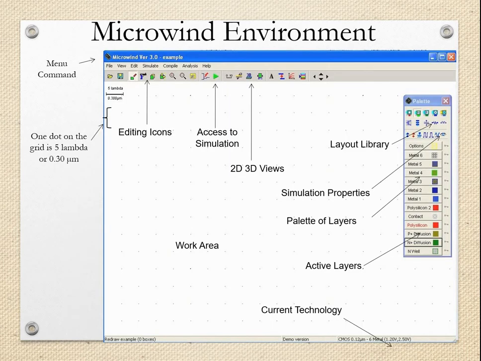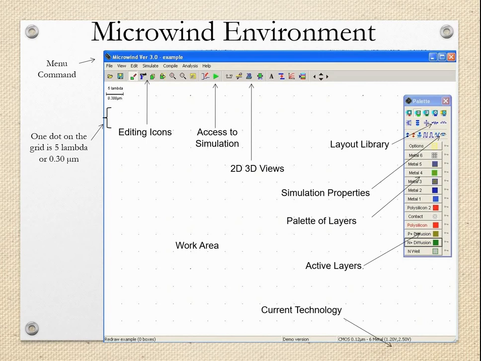So using these backend tools, how to prepare the layouts, that we are going to study in this particular lecture. Some of your lab experiments are also based on this particular tool, that is the preparation of the layouts for the different combinational and sequential circuits. So the backend tool which we will be using for preparation of layouts is Microwind.